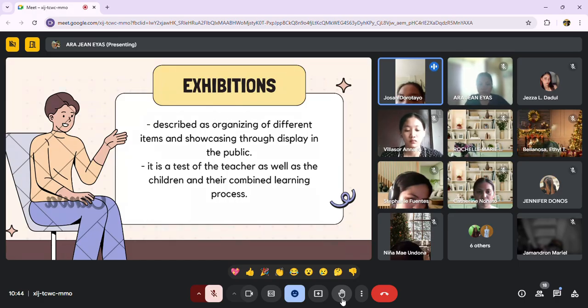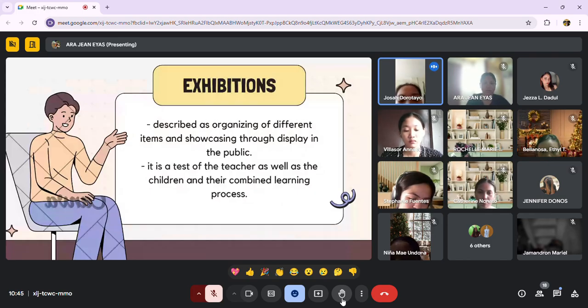So the teacher here is tested on how far he or she has been successful in imparting the desired knowledge, behavior, and skills in the teaching process. So in this view, exhibitions display the learning of the children and even the complete process of teaching and learning. So in exhibition, it mainly assists how a teacher can effectively deliver their lessons, and how they can associate it with different learning strategies for their teaching.